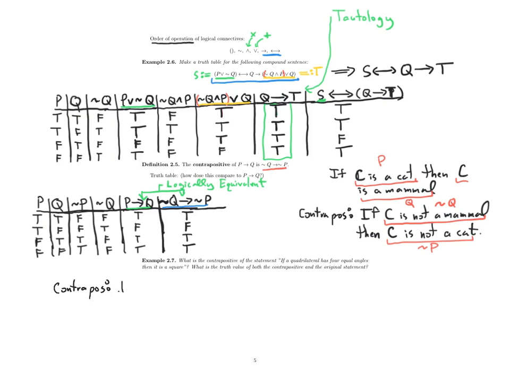So we have: if a quadrilateral, since that's our domain, if a quadrilateral is not a square, here's Q. So this is the negation of Q. And the reason I put quadrilateral in there is that it's just telling you what our domain is, what type of object we care about. So if a quadrilateral is not a square, then,